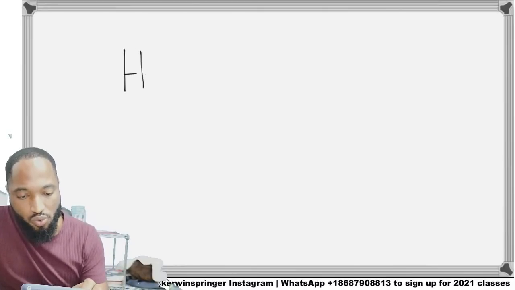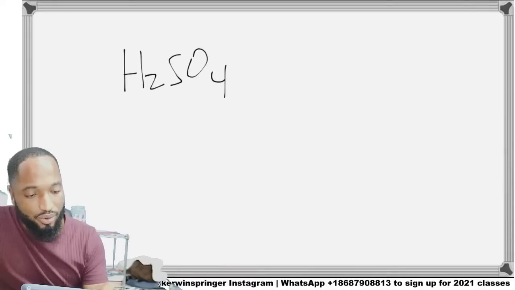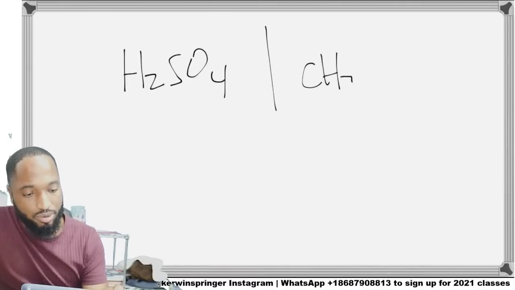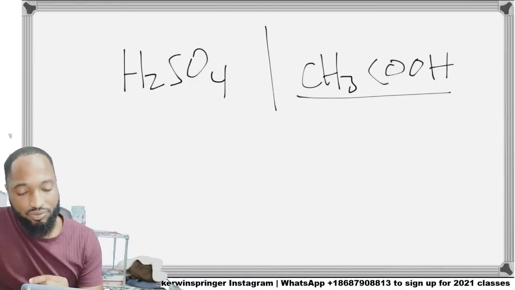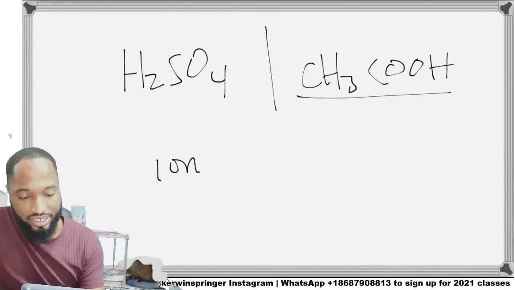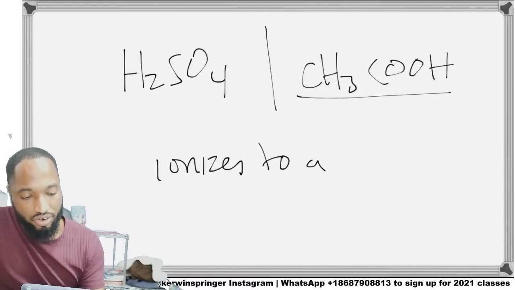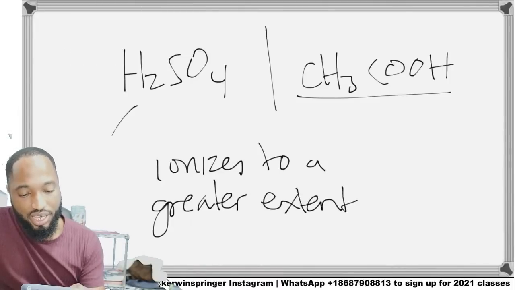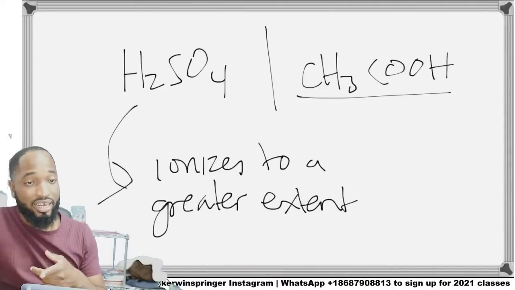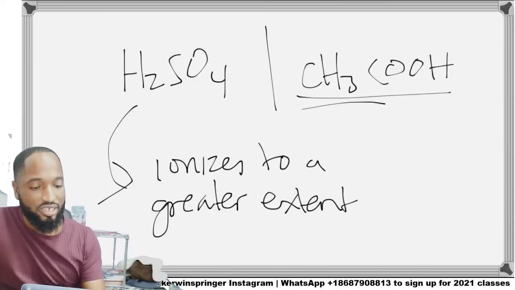So you should know why a stronger acid is stronger than a weaker acid. A weaker acid would be this, or carbonic acid, but those are the popular weak acids for CSEC, and the strong acid ionizes to a greater extent, or for all intents and purposes, fully. So this one ionizes more than this one. This one only partially